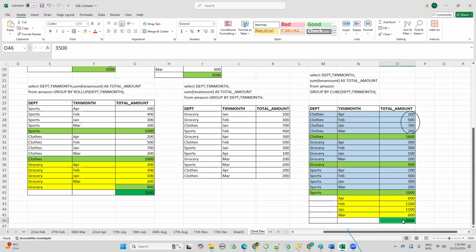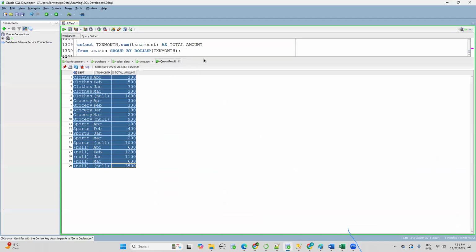Right. Now you can ask, Tanvir, my client is asking for each and every month. Suppose it is April 600, and my client is asking, show me each and every department for the 600. In the 600, which is the total contribution from the April month, what was the contribution of each and every department? But that is not visible here, no? Can you tell me in April what was the contribution of grocery from this? Then you have to look into this grocery April value, right? But if you change the parameter here, see,